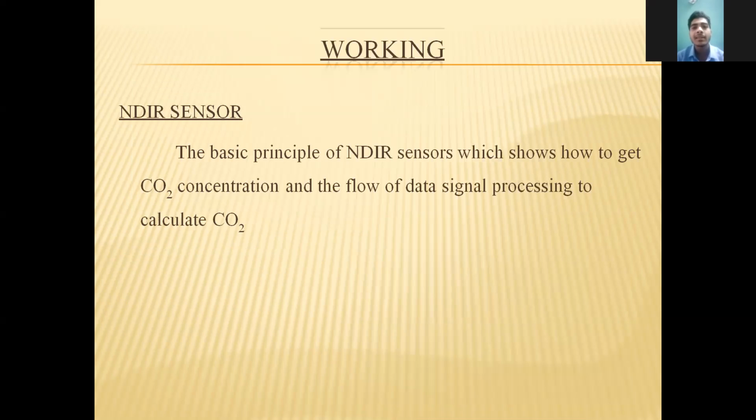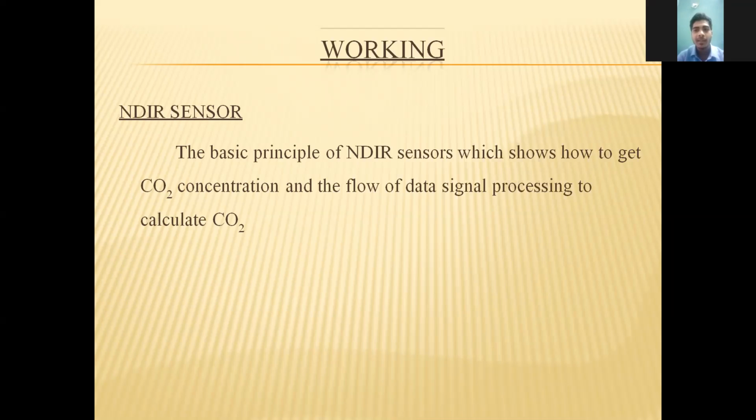An NDIR sensor is a simple spectroscopic sensor used to detect gas. Modern NDIR sensors use an IR LED source with or without optical fiber. The main components of an NDIR sensor are the infrared source, light tube, light filter, and detector. The IR light source is directed through a light tube toward the detector.